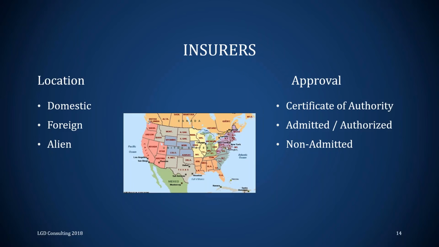If your company does not have a certificate of authority, either because they couldn't comply or they just didn't care to comply, then they would be classified as non-admitted. Admitted means they have approval, a certificate of authority, to transact in California. Non-admitted, I'm sorry, in your state. I keep getting that mixed up, since some people are from other states, so I apologize. Non-admitted means they do not have a certificate of authority to transact in your state. So please keep in mind that domestic, foreign, alien and admitted, not admitted are two different things. Domestic, foreign, alien is where your company originates from. Admitted, not admitted means, wherever they're from, did they get approval to sell in the state?